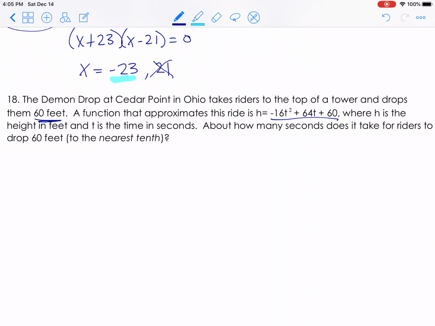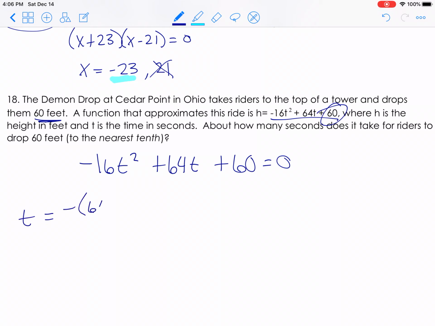Since this equation is showing us that they start at 60 feet high, so we could just solve to find out when does t equal 0. So I'm just going to use this equation, -16t squared plus 64t plus 60 equals 0. I can see that these are all divisible by 2, and I think probably divisible by 4 as well. So I could divide everything by 4, but I'm going to use quadratic formula anyway, so maybe I'll just go straight to it. T equals -b plus or minus the square root of b squared minus 4ac